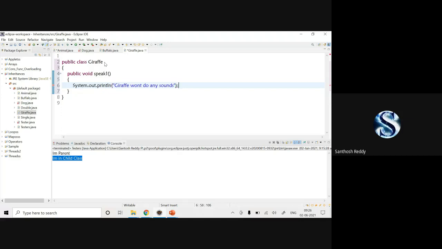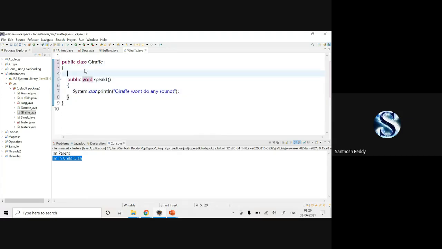That's it. Give semicolon. But how many legs are we going to have for giraffe? We are going to have 4 legs, so we don't need to declare them. So now giraffe will extend buffalo.